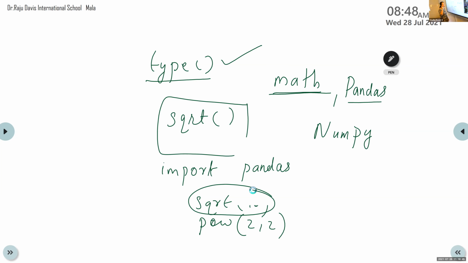This is also a predefined function, also a built-in function, that is, the definition is already there in Python. But before using it, first we need to import that particular module. The sqrt belongs to the math module, so we need to import math from Python. Then only can we use this sqrt. Is it clear? The difference between a normal built-in function and a built-in function defined in a module.